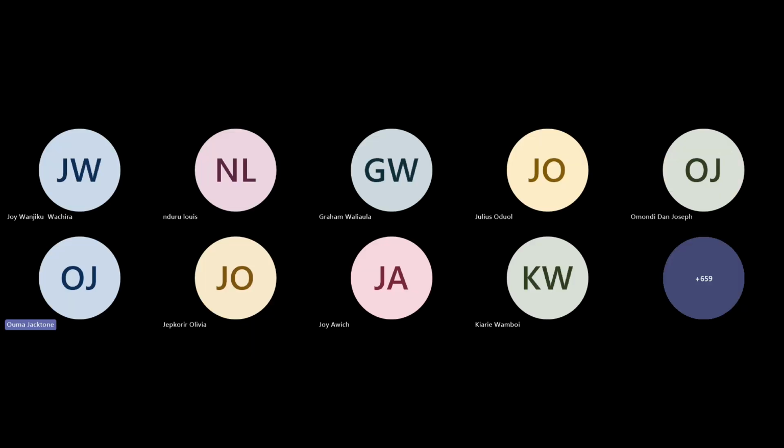Once an LLP has been registered, it becomes a corporate body capable of suing and being sued in its own name, can own property, can enter into contracts, has perpetual succession, and has a separate legal personality. Those are the features of an LLP. Now, those features are in congruence with the features of a company. So again, one of the things that makes up an LLP is the question of the separate legal personality upon incorporation.